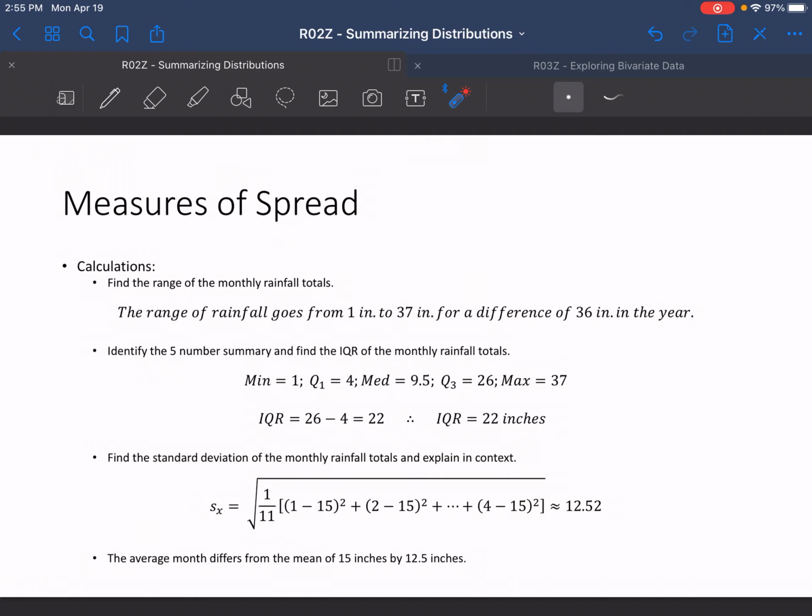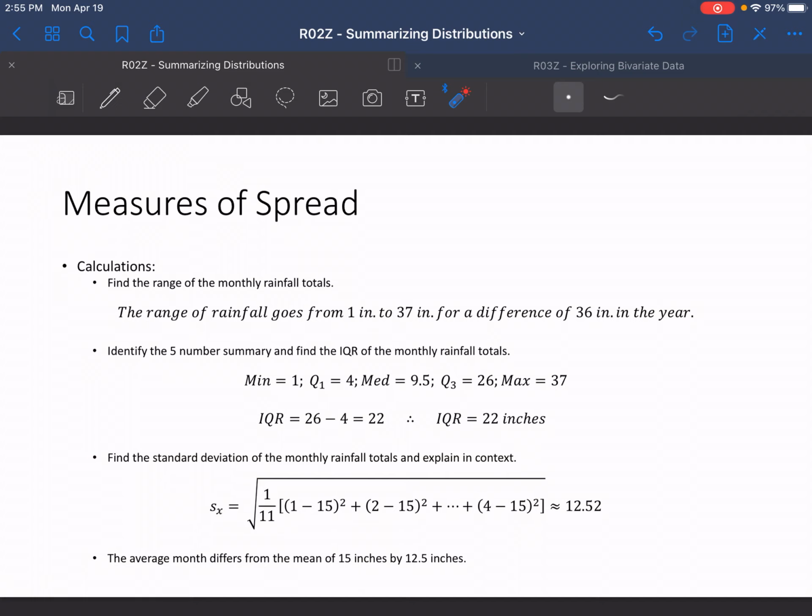So if we're asked to find the IQR, the interquartile range, we would take whatever value represents quartile 3 minus whatever value represents quartile 1, which in this case is 26 minus 4, and that gives us an IQR of 22. Then if we're asked to find the standard deviation of the monthly rainfall totals and explain in context,